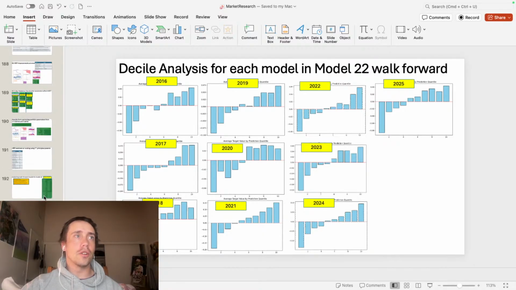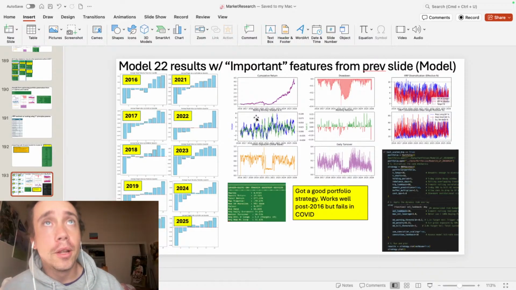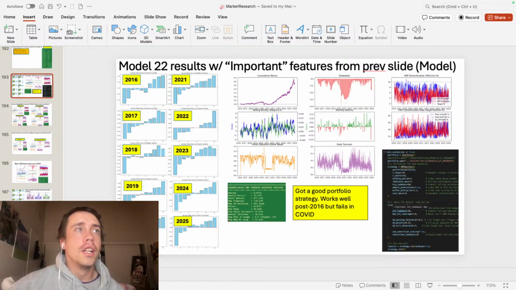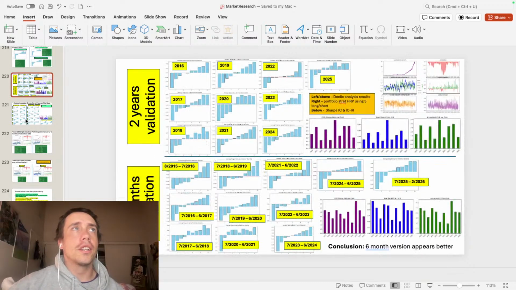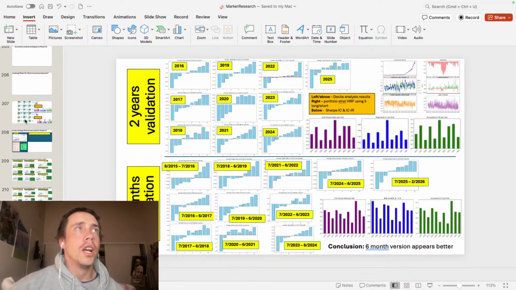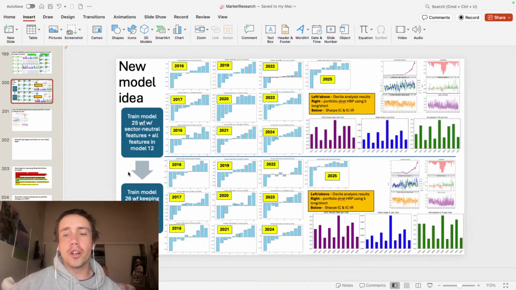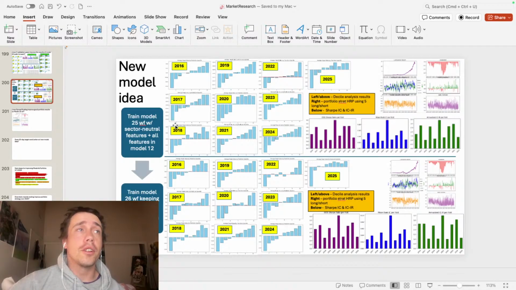So I decided to do a new model and drop out features which had a coefficient of variation above 1 or a mean importance below 5%. And you see this performance is a lot better. Basically, I'm going positive during the whole time range, but failing during COVID. That's a much better problem to have. I decided to go with an even more updated model. I added in mean reversion and volatility features neutralized to sector. They were already in the model neutralized to the market, so I added in new features neutralized to sector. That's something that I found improved the model previously, and it seems to improve it here.